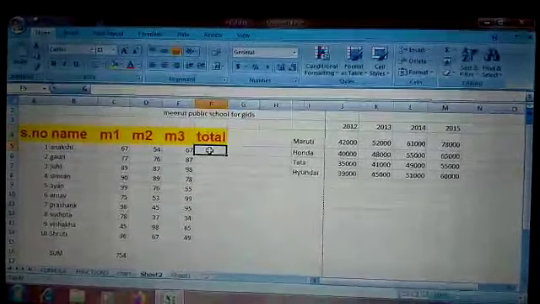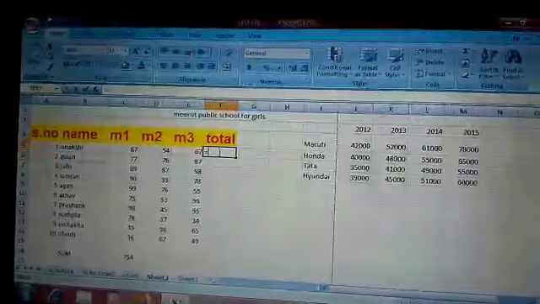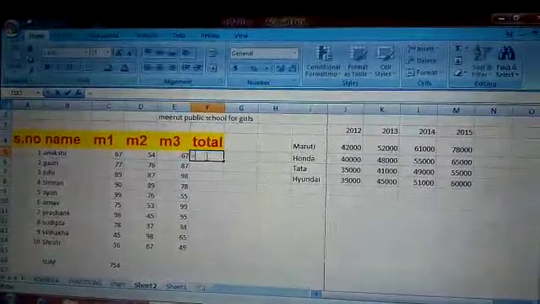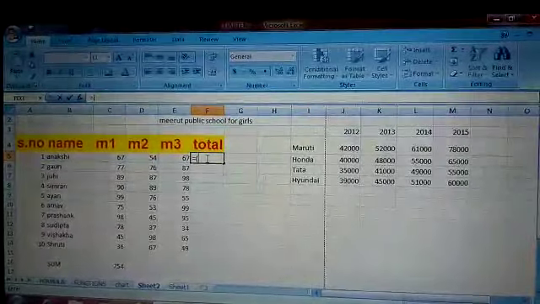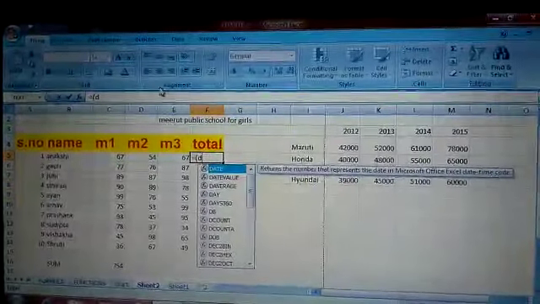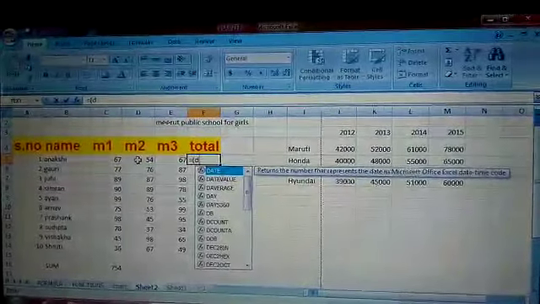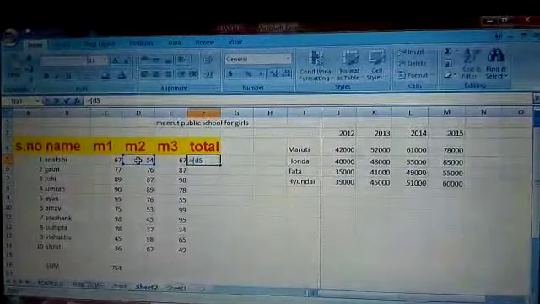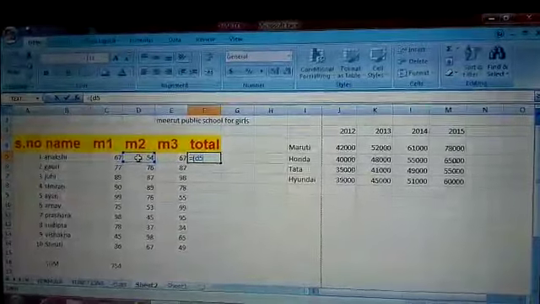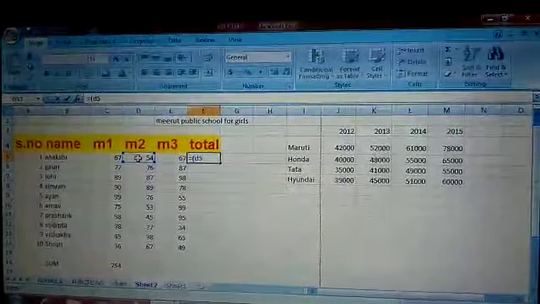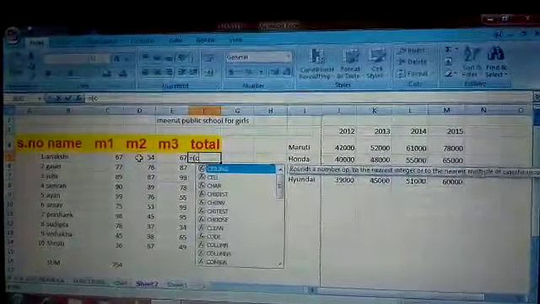Now suppose I want to calculate D into E. So how to give it? D is the column here and 5 is the row. So the address will be D5, and for the sum, let's say C5. This will be better because we'll have the complete range.